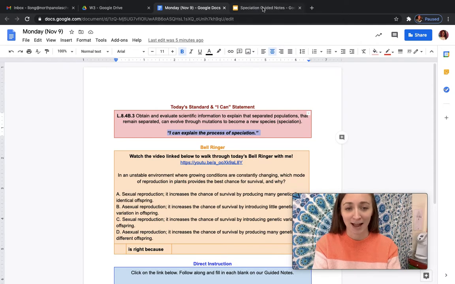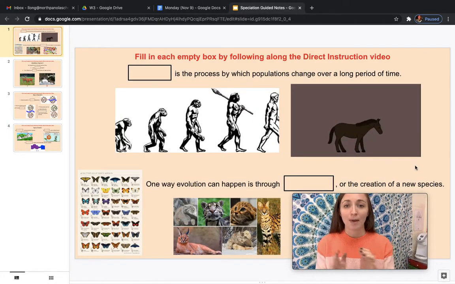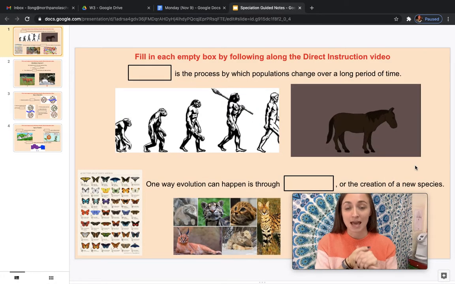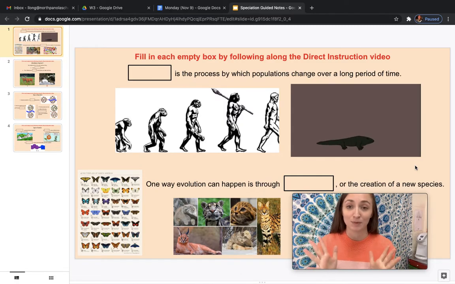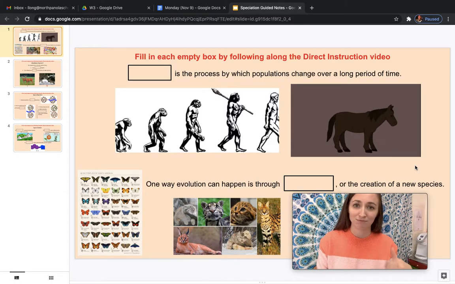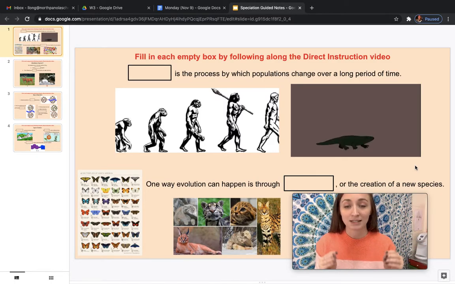So let's dive in. The past couple of days, weeks, it feels like it's been forever, we've been talking about natural selection. That's when those organisms with the positive traits survive, reproduce, and pass down those traits to the offspring, while the ones without them die off. One thing I want us to really keep in mind is that natural selection is how that process of evolution can happen.